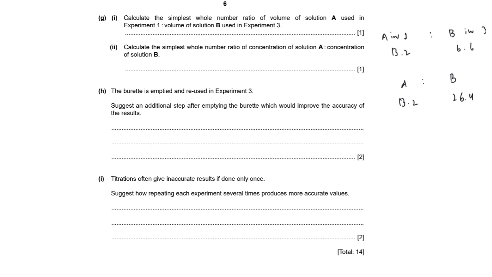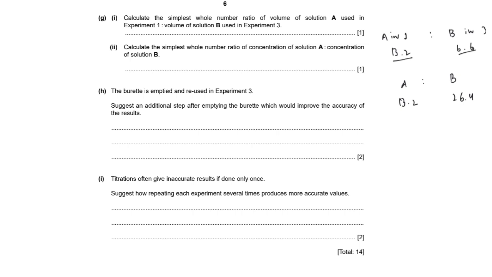Okay, so the G part says calculate the simplest whole number ratio of the volume of solution A used in experiment 1 and volume of solution B used in experiment 3. So the volume of A that was used was 13.2, that we calculated from subtracting initial burette reading from final burette reading, and the volume of B that was used in experiment 3 was 6.6. That is basically in the table that was already filled. If you just go back in the video, you will see the question, or you can simply open the question paper in your phone or whatever,